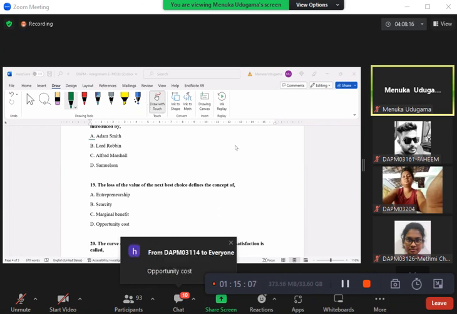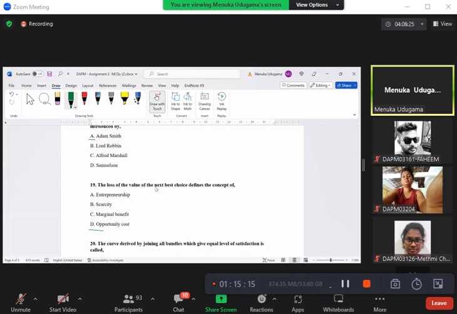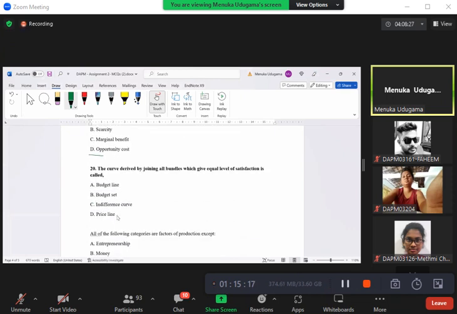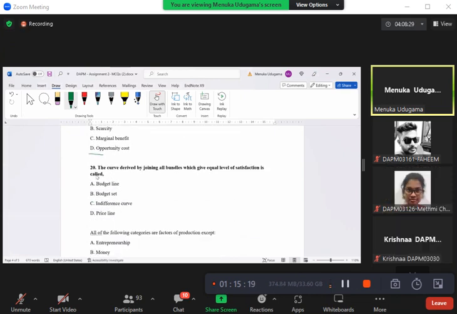Opportunity cost: the next best alternative or next best choice. The value of the next best choice is called opportunity cost. Right. I think this, of course, we did. So